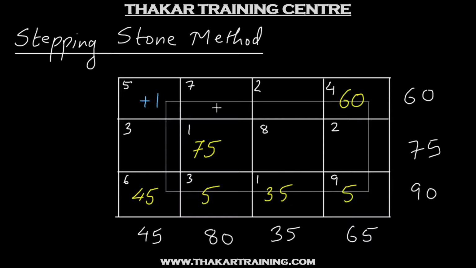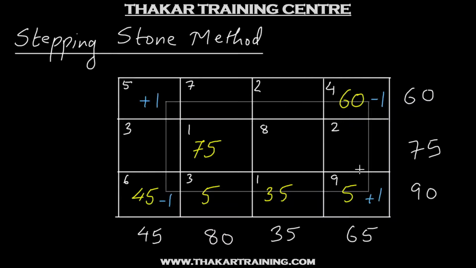So we identify a loop which includes the cell where we are going to make an allocation. Let's understand how this loop helps in adjusting the allocations. We are allocating 1 unit to this cell, so we need to reduce this allocation by 1 so that the first source condition is satisfied. Now if we have removed 1 unit from this cell, we need to add 1 unit to this cell so that this destination requirement is satisfied. And once again, if we have added 1 unit to this cell, we need to remove 1 unit from this cell so that this source condition is also satisfied. And automatically we can identify that this destination requirement is also satisfied.